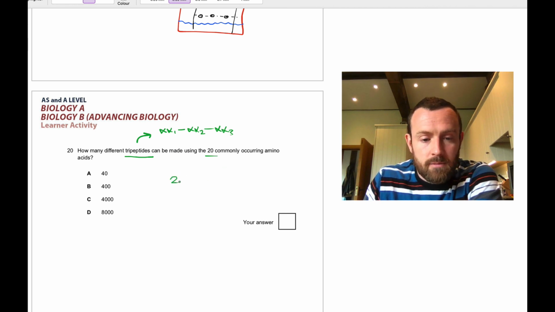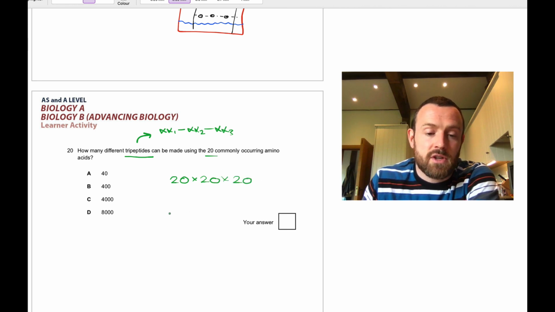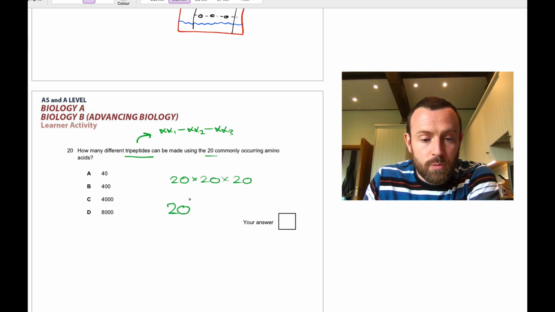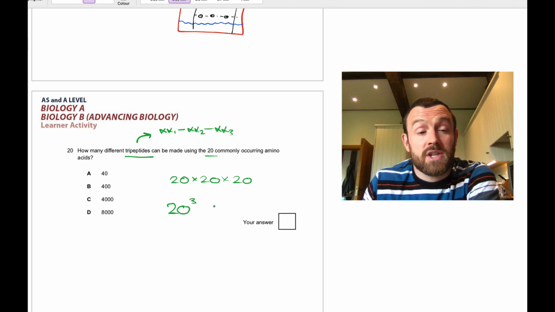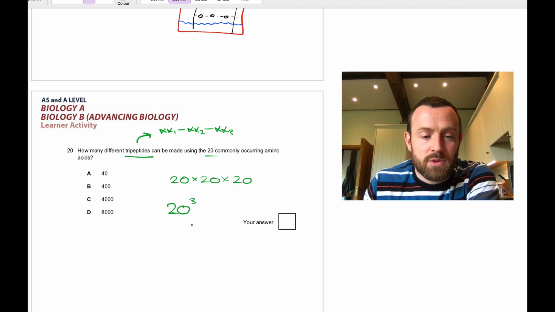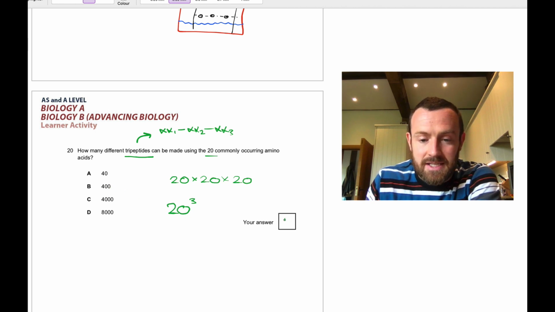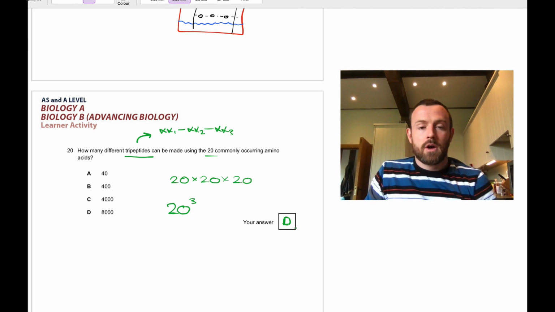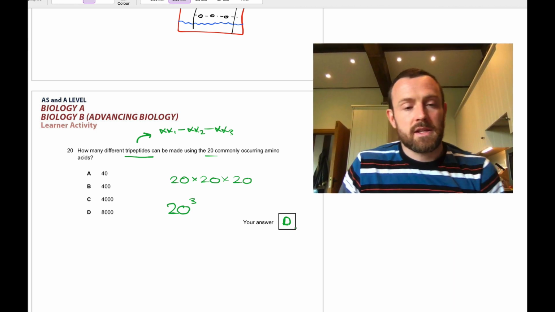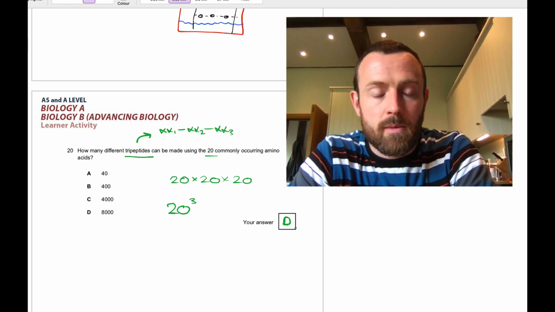Well, you can have 20 different amino acids at the first position. You could have 20 amino acids at the second position. And you could have 20 amino acids at the third position. So the answer is 20 cubed, which is 8,000. So 20 times 20 is 400. Times 20 again is 8,000. So the answer is D. Okay, so that's the first set of biochemistry